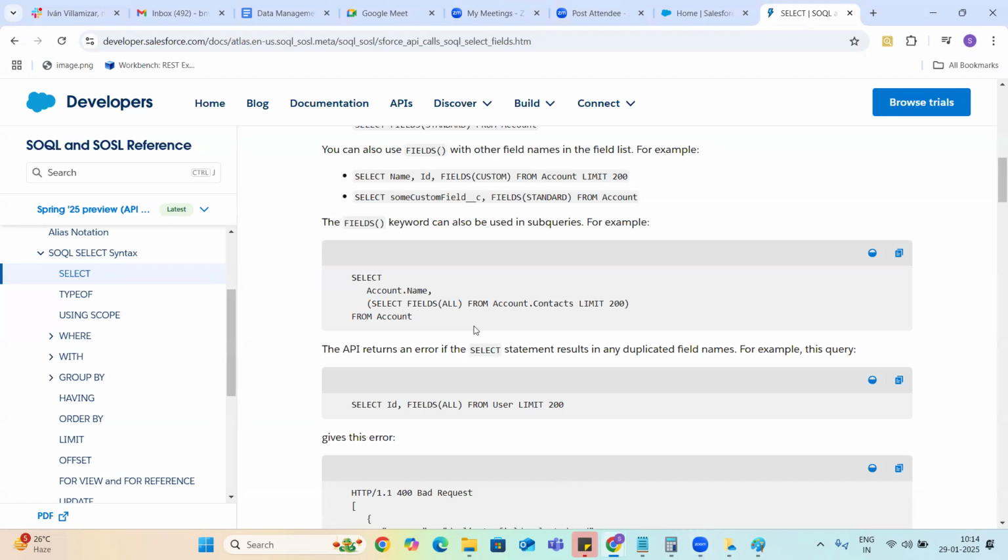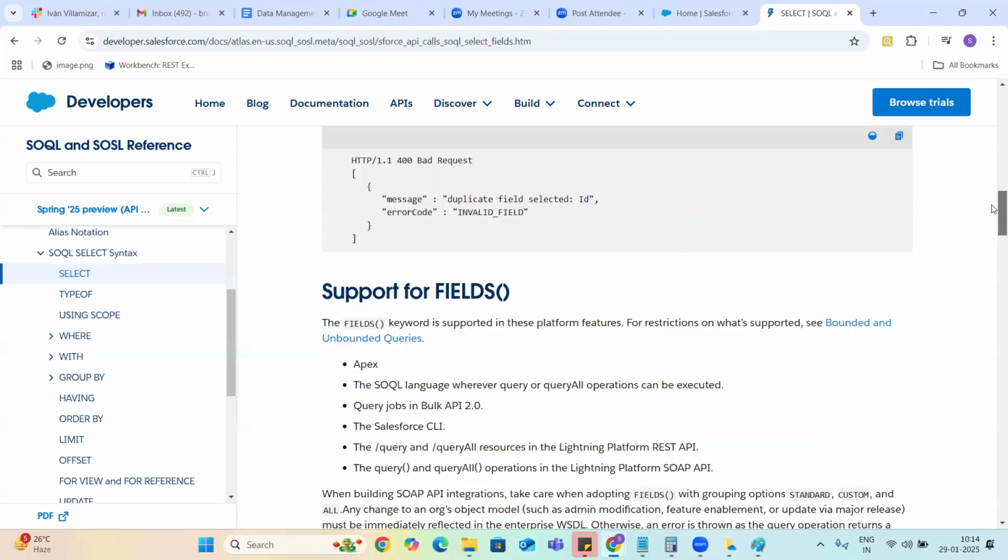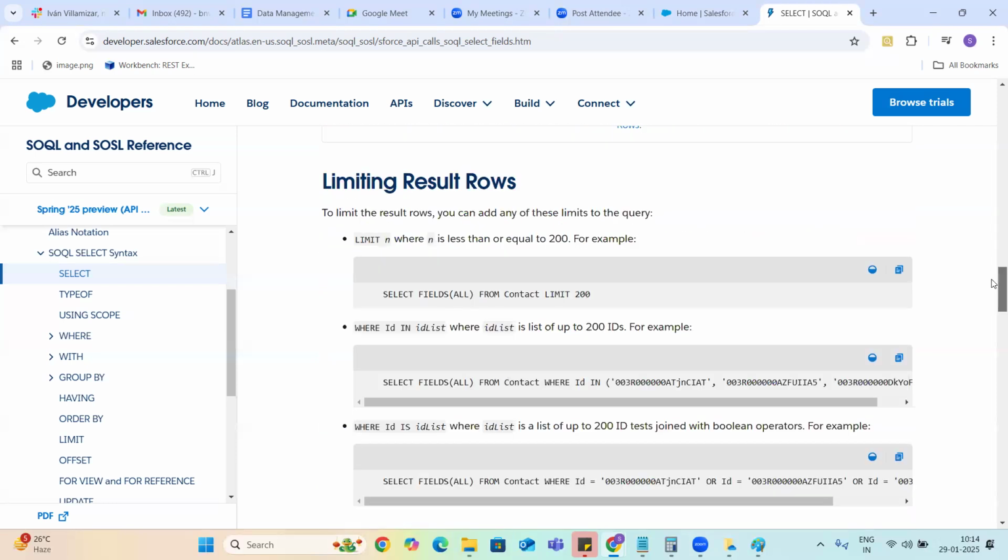Yeah, so whenever we are writing queries on parent and we want to access child record fields, then we have to write the inner queries. Sometimes they will ask you, have you faced any issue while performing the SQL queries? This is one example you can say: if we try to mention the same fields twice, then obviously we will get the duplicate fields exception.